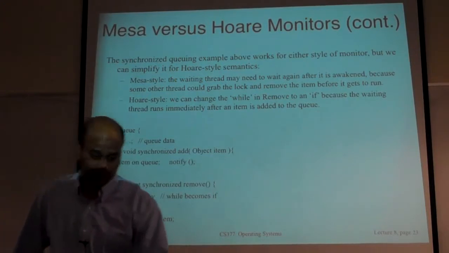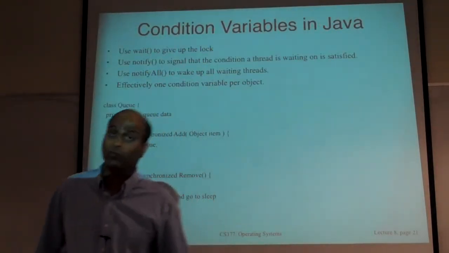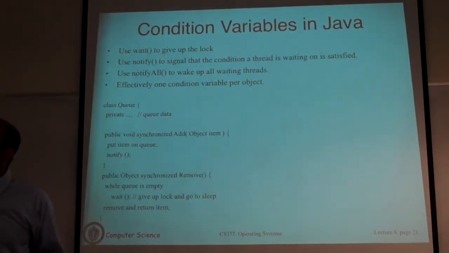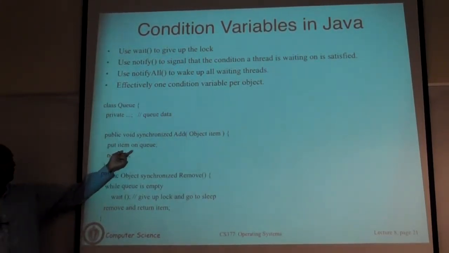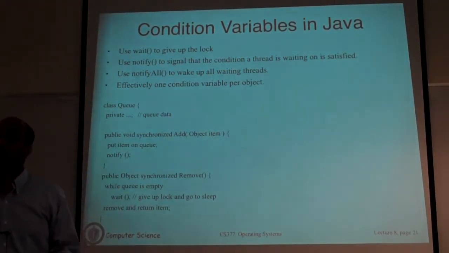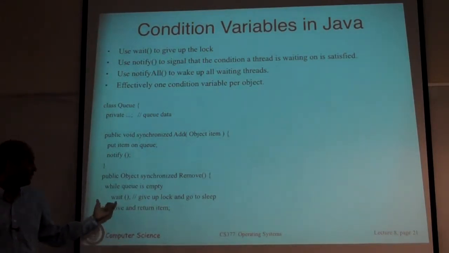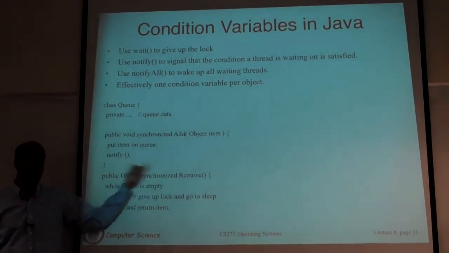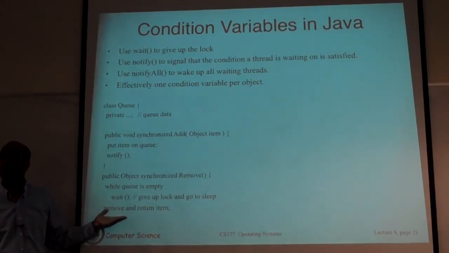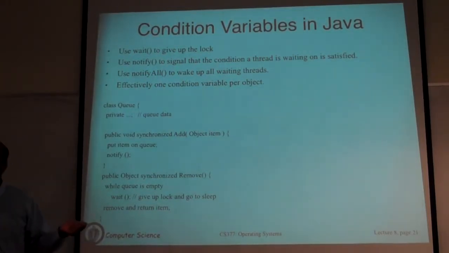In the normal case, which is what you actually have to do in Java, you have to write a while loop there. And we talked about this last time, just as a quick recap. We said that when you're woken up and you reacquire the lock, there's no guarantee that the queue is still non-empty. Some thread called add and it added an item to the queue. Maybe there were multiple threads that tried to enter the critical section. This thread that was asleep woke up, but there may be some other thread that calls remove at the same time. The scheduler schedules that other thread, it gets to go in and remove the data item, queue becomes empty again. So when the sleeping thread is actually going to get the lock, it has to go back and check again. Is the queue still empty? That's why there is a while there.